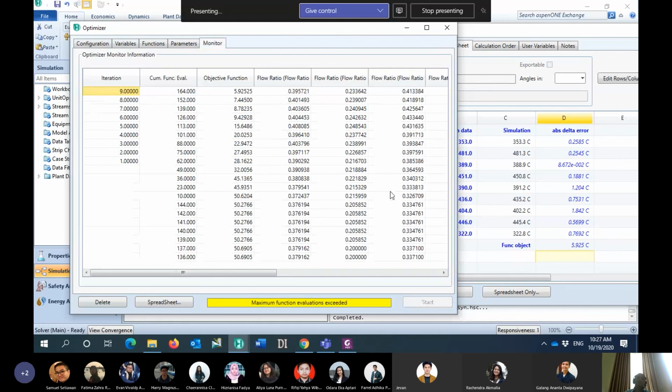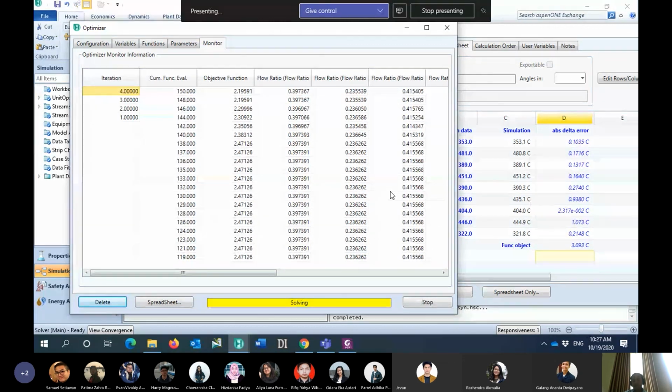So I will start the simulation again. I hope that the delta will be much lower now. From 5 to 3 now. Still optimizing. Now 2 degrees, the total delta. Now the total delta is only 2 point something.